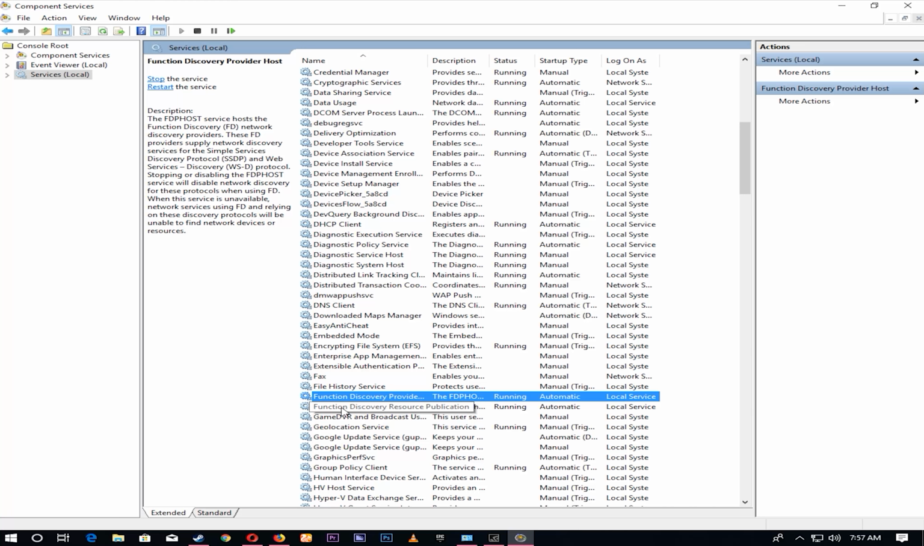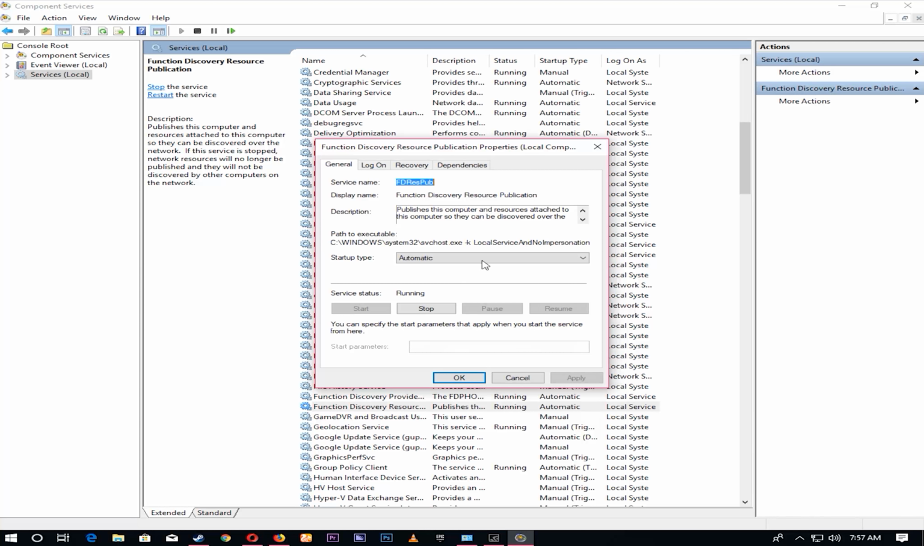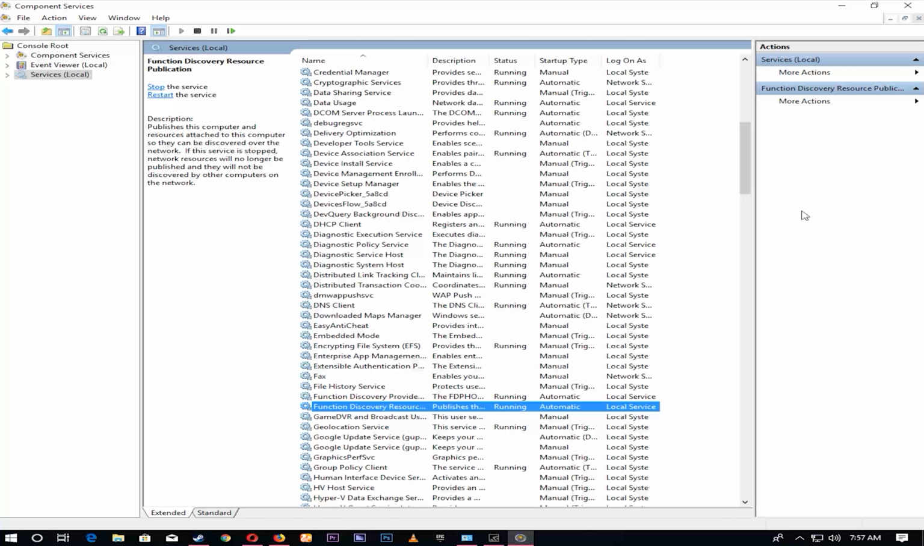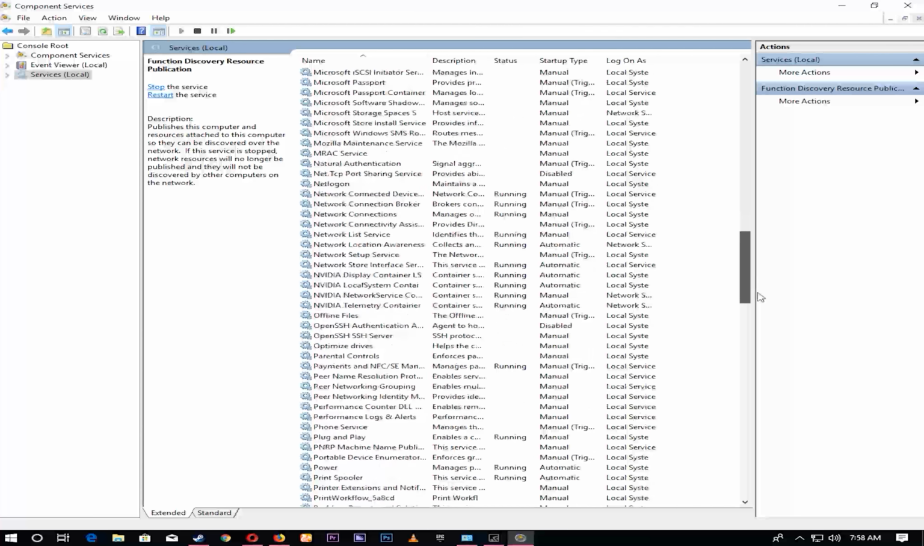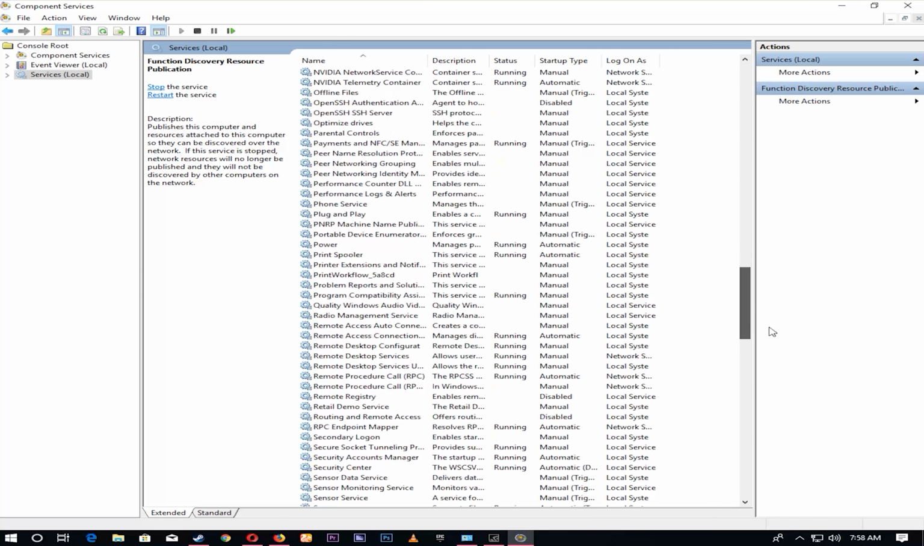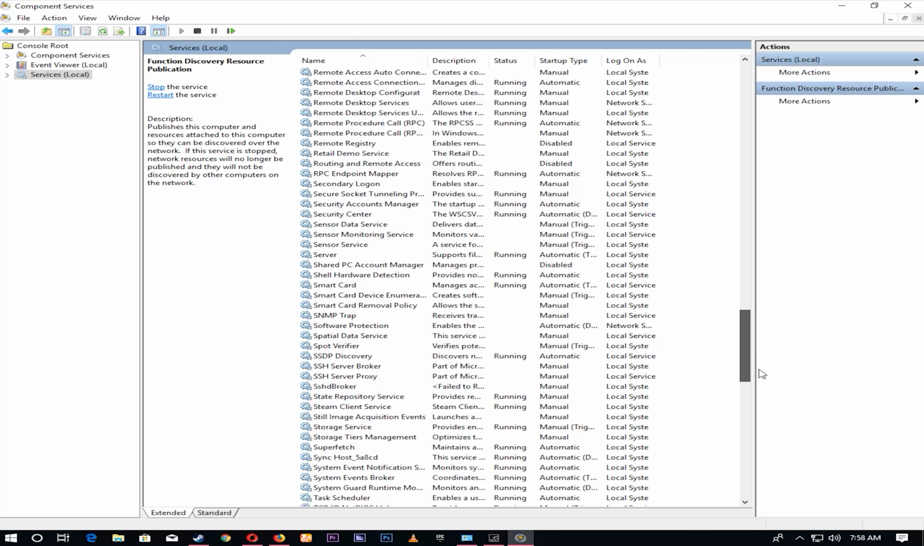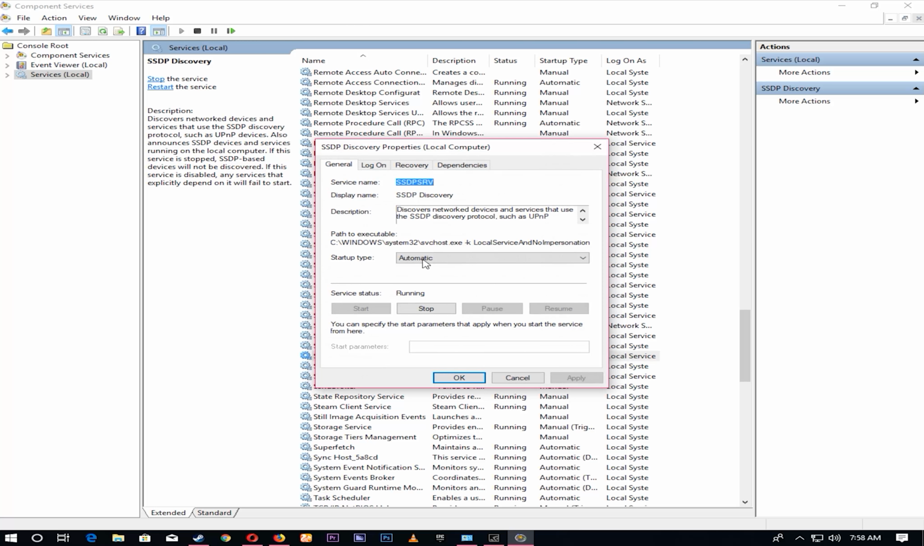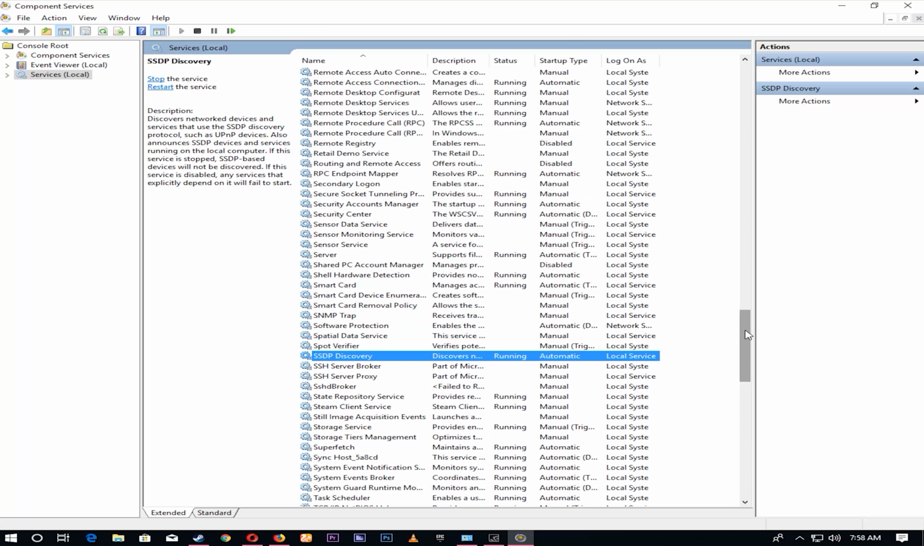And second is Function Discovery Resource Publication. You double click, and this is manual too, so you select automatic and hit Apply and OK. And just two more options. Go to your bottom, and find SSDP Discovery. This is set to manual, so you double click, choose automatic, and hit Apply and OK. And the last option,